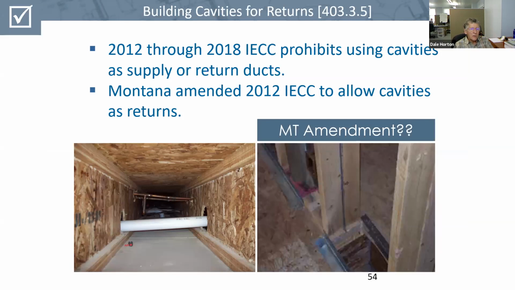So use of building cavities for returns has always been somewhat of an enigma or a controversy. In the 2012 through 2018 IECC, the use of cavities for returns on ducts is prohibited. Montana amended that, and you can still use the building cavities as return ducts. I don't know how that amendment will move forward. I realize that builders don't want to go to the cost of providing hard ducting on the returns. My concern is